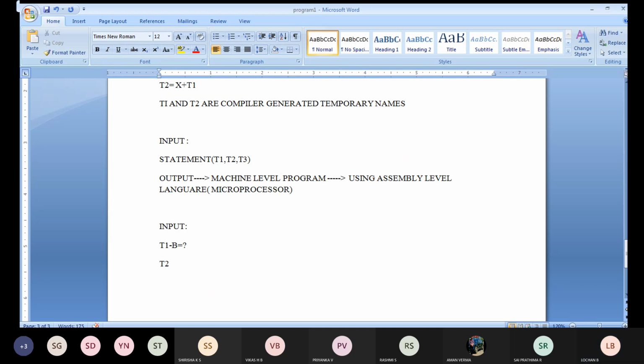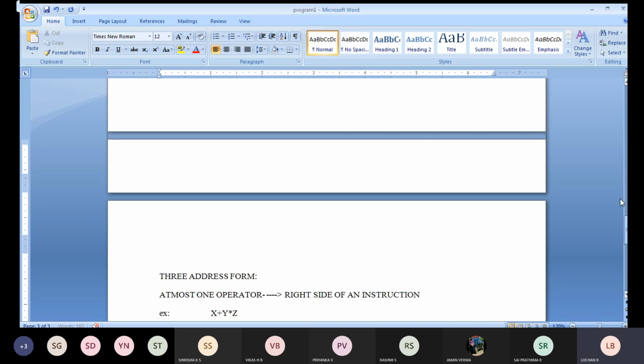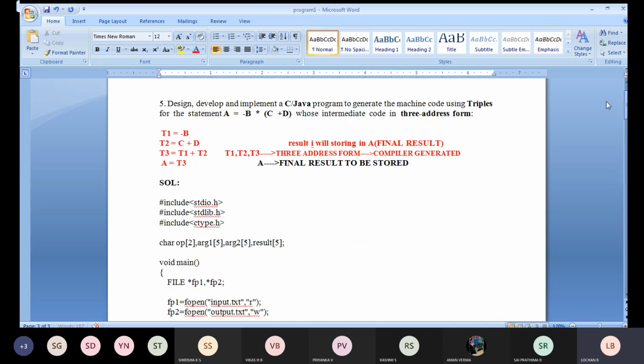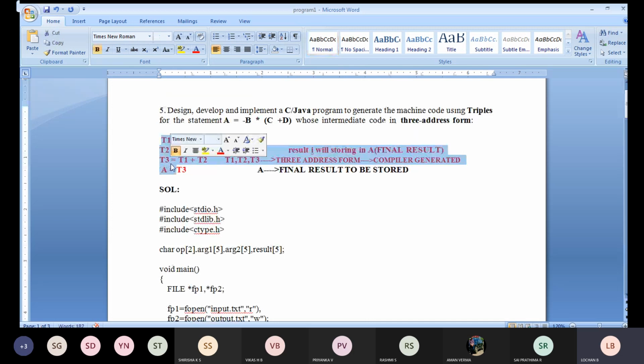T2 C plus D. T3 is nothing but T1 star T2. A, whatever the final result you are going to get, I will be storing in A. So I'll show what is there in the top part now. I'll copy paste here so that you will better understand. Once again, what is there in the question part?